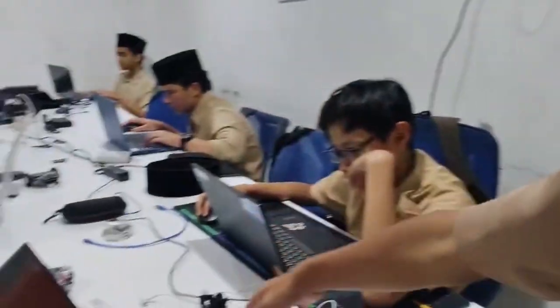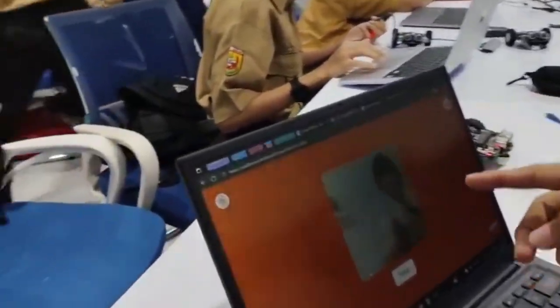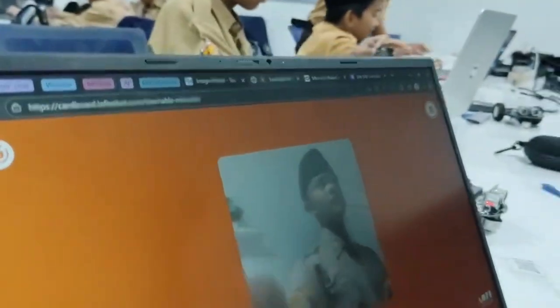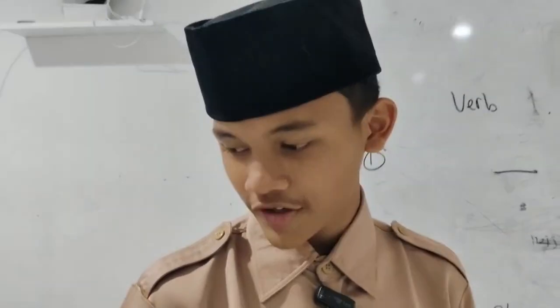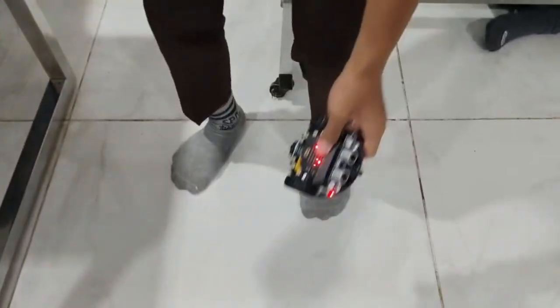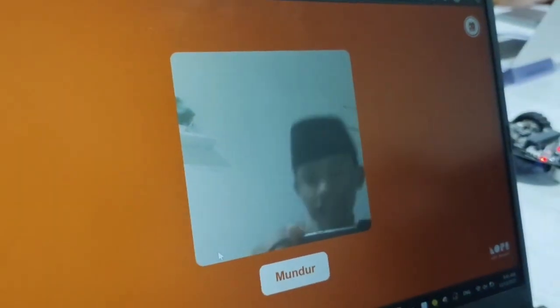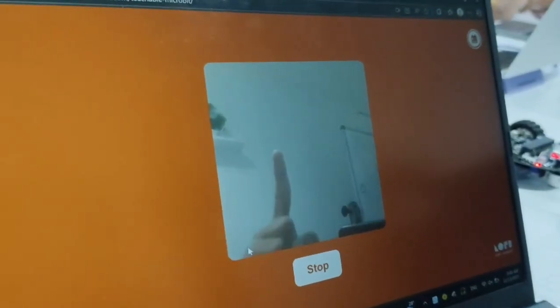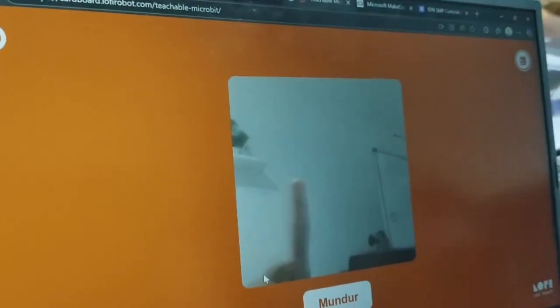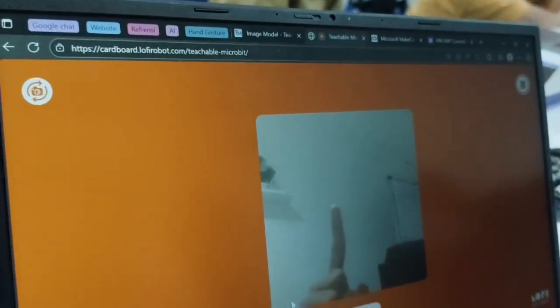Okay, so here you can see the micro:bit. This letter, if you already get it, just put it like what I said before, and then we move the tiny bit. As you can see here, the description is left or right. If like me, when I do like this, the tiny bit will go forward.